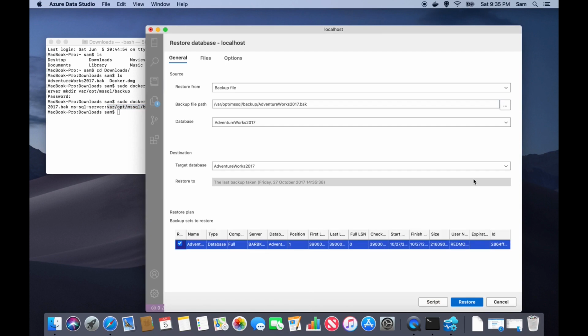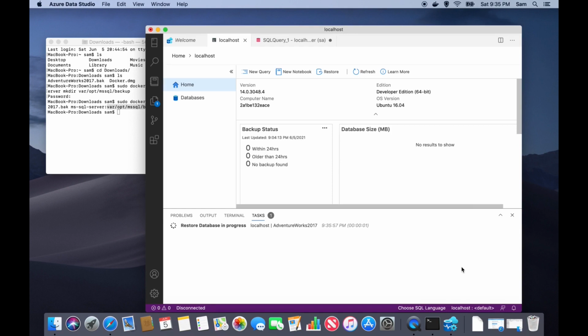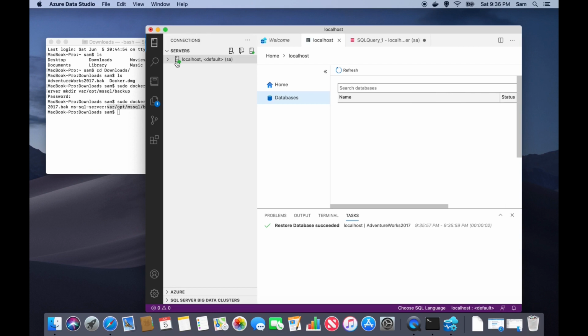And you can see the database name getting populated, AdventureWorks 2017, for the target database. You can leave it as default and click restore. You can see the sample database getting restored and it's successful. Now it's restored. Go to the servers, and if you go to the databases, you can see the database got restored.